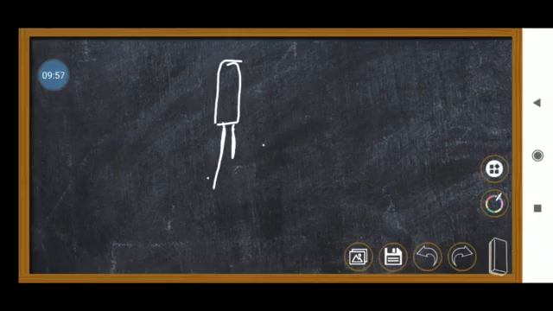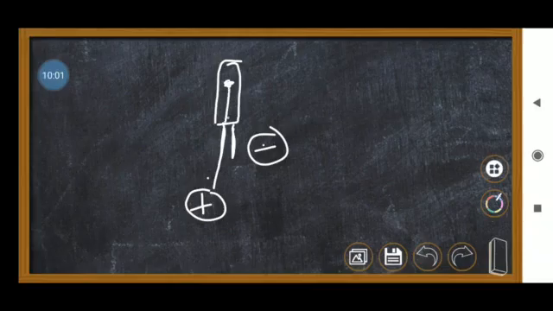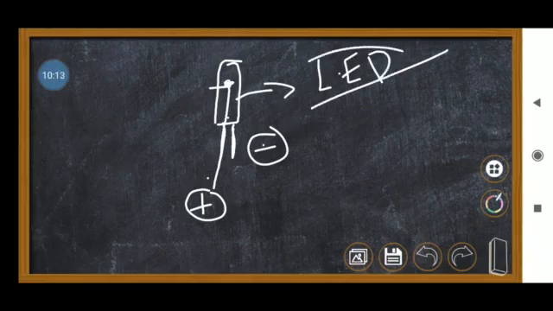For that, you can take an LED light. An LED has one long end and one short end. The long end is positive, and the short end is negative. Okay, so this is called an LED bulb. If you ask for it at an electronic store, you will get that LED bulb. LED means light emitting diode, so you have to know that. In that LED it is called lead.